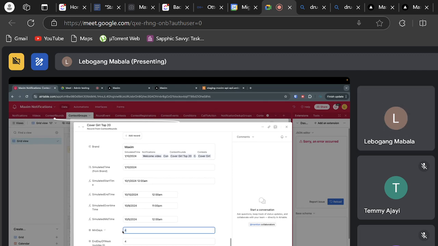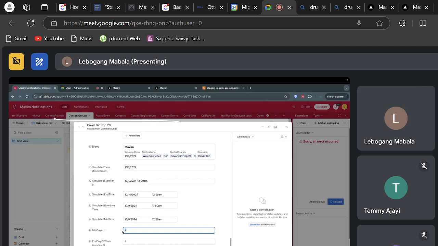Yeah, so the minimum days comes before the end day of the week. So it depends. So if I join on Monday and the contest is supposed to end on Thursdays, right? But then from Monday to Thursday, because it's not inclusive, right? So it's Tuesday, Wednesday, Thursday, right? That means it's only 3 days, right?